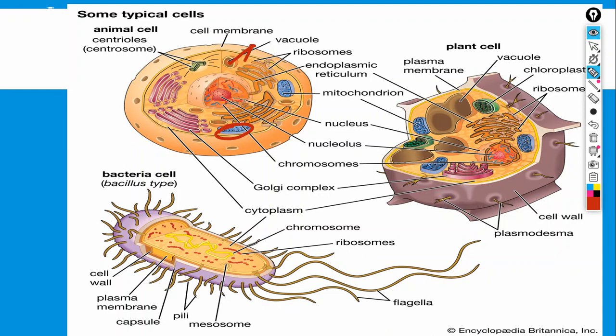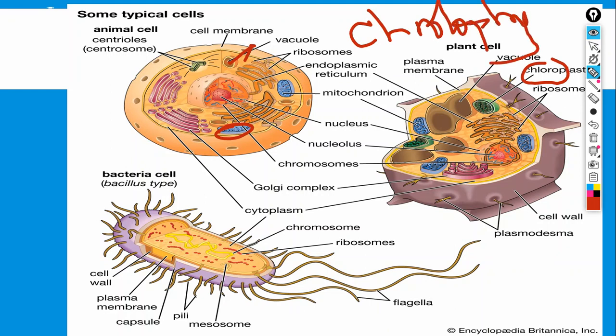Okay. So another difference between ours and theirs is the presence of plastids such as chloroplast, and we do not have those plastids. This chloroplast is the one that houses the chlorophyll. So you know it is the chlorophyll that the plant uses to what? To synthesize its food, the chlorophyll. And do not call it chlorophyll 2, please. It is double L. Why double L? Right. So the chloroplast contains the chlorophyll.